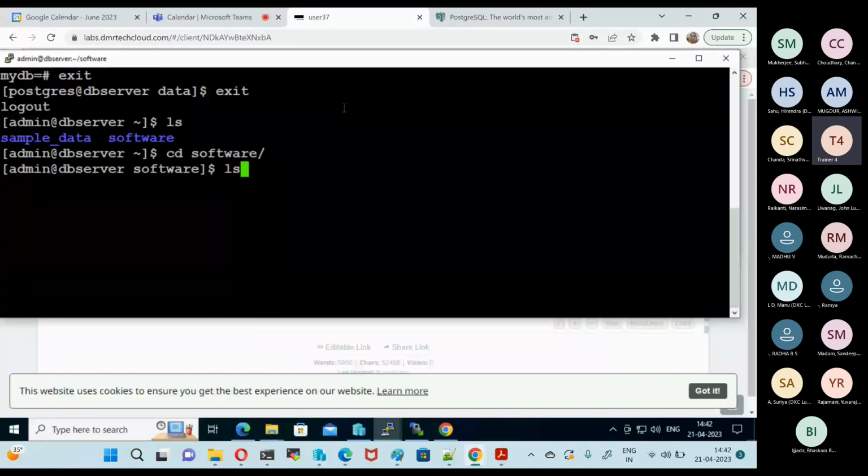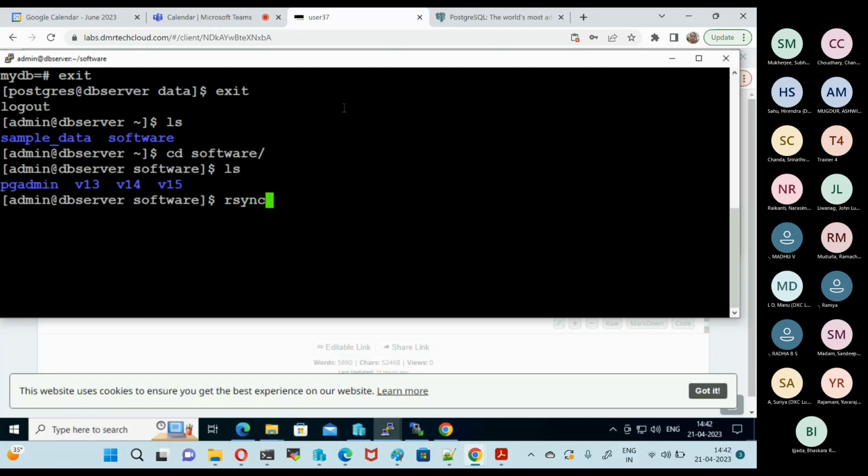So, we have the 14 version here. So we can copy that 14 version. We can use rsync. So V14 to DB admin at,